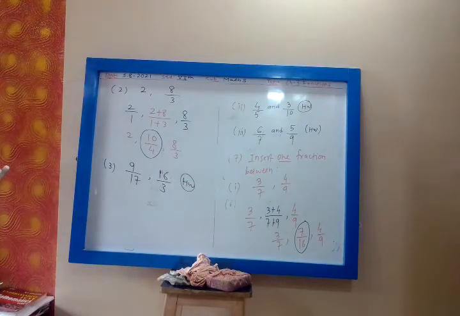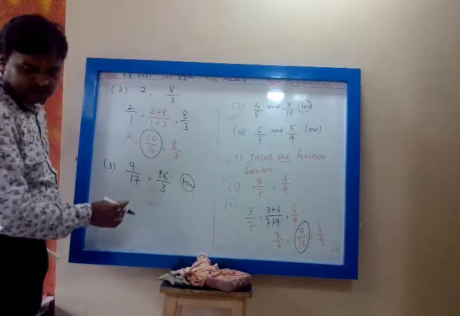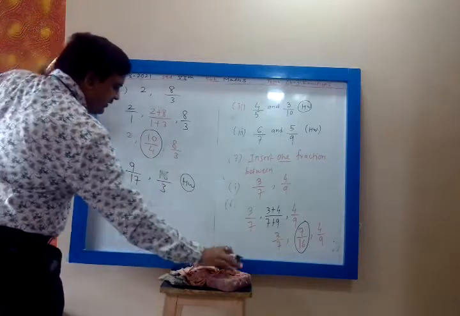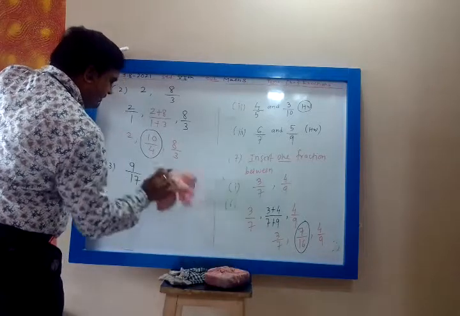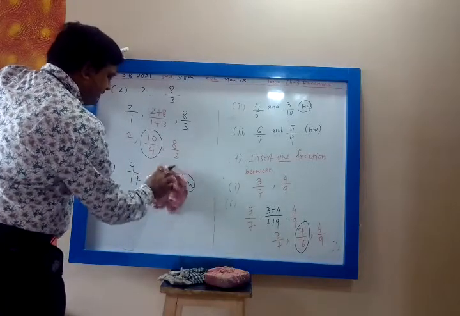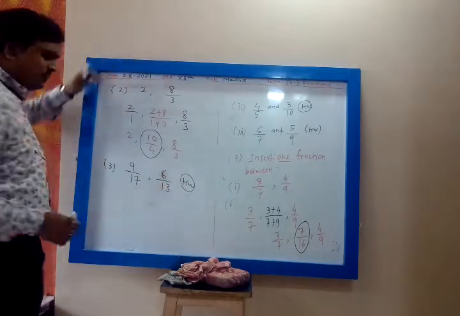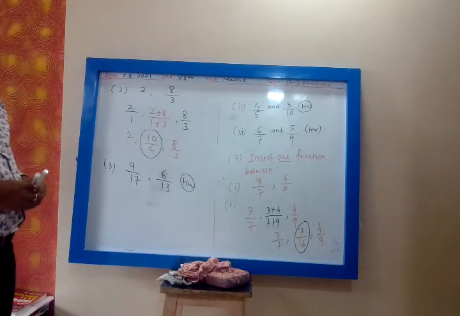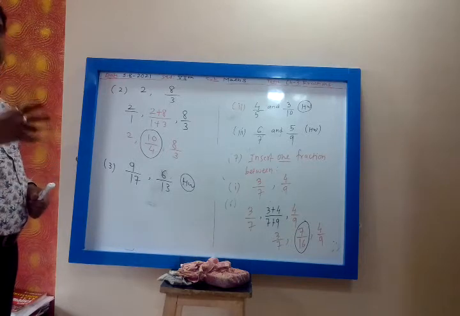You can tell me the oral answer. 6 by 13. Sorry, it is 6. Yes, present. 6 by 13. So what is the answer? Tell me orally. What is the answer? 15 upon 30. But what is that?